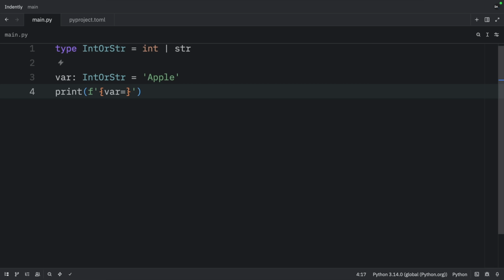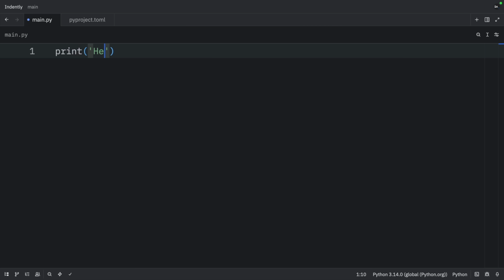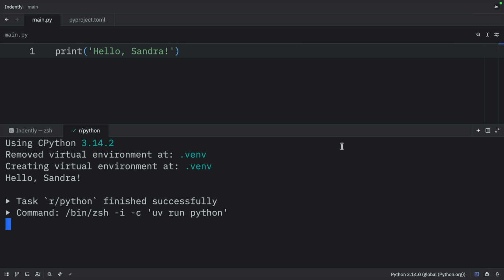But now that we covered all of that, it's time I teach you how to set up that ultra sexy and chocolate coded shortcut that you can use in Zed to run code incredibly fast using your own custom key binding. Because every time I type in some code, such as hello Sandra, and decide to run it, I have a dedicated shortcut which allows me to do that incredibly quickly